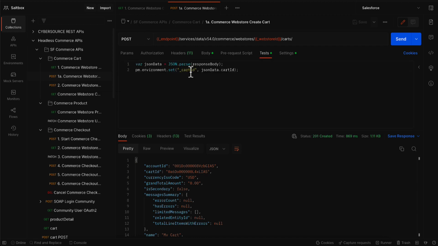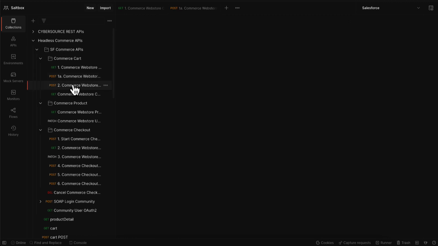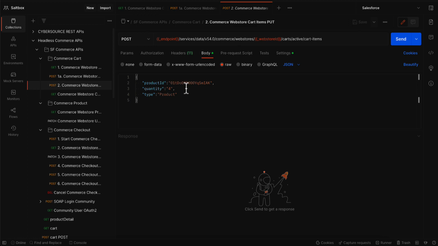I've created a quick little test script right here that will basically take the cart ID from the response down here and populate an environment variable in the cart ID, so that I don't have to go and copy and paste it in a bunch of different places. So number 2 here is, now that I have all this information and I want to actually fill up the